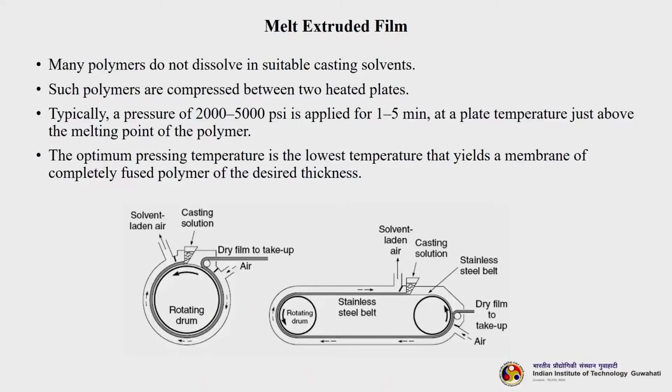So, you can see this is actually a melt extrusion system in which there are two drums rotating in this direction, and the casting solution is poured here. You can see a small knife type of arrangement here, which is just like the blade which we discussed in the earlier slide, that determines the thickness of the membrane, and air is being pushed from the bottom here, and the air will actually help in evaporating the solvent.